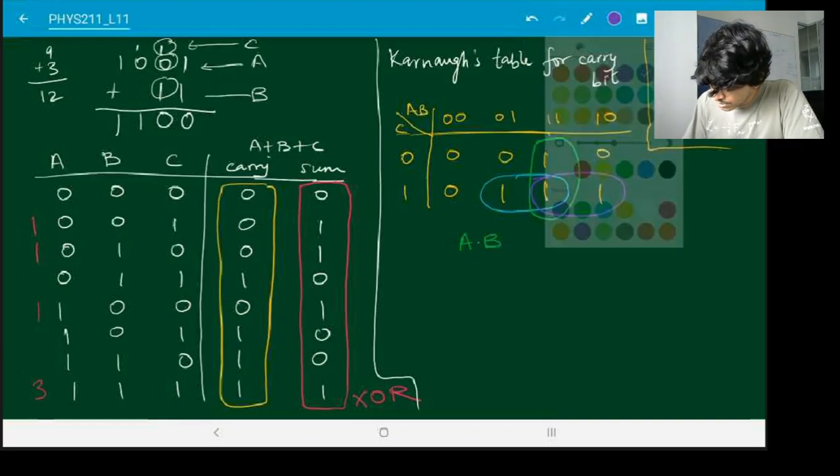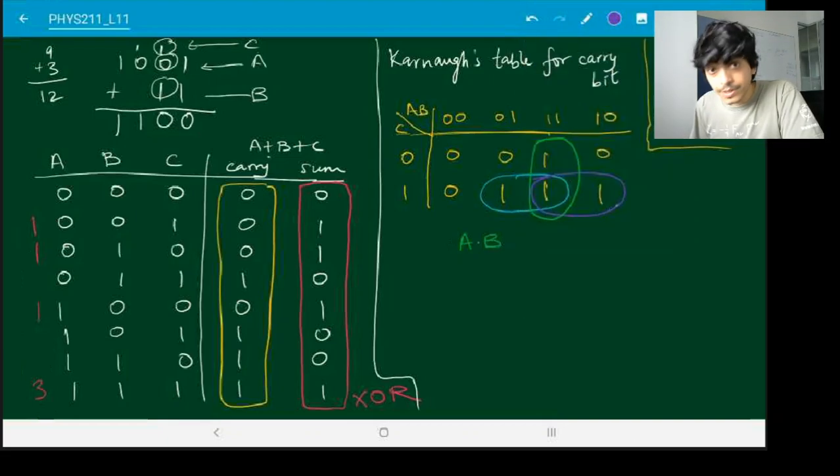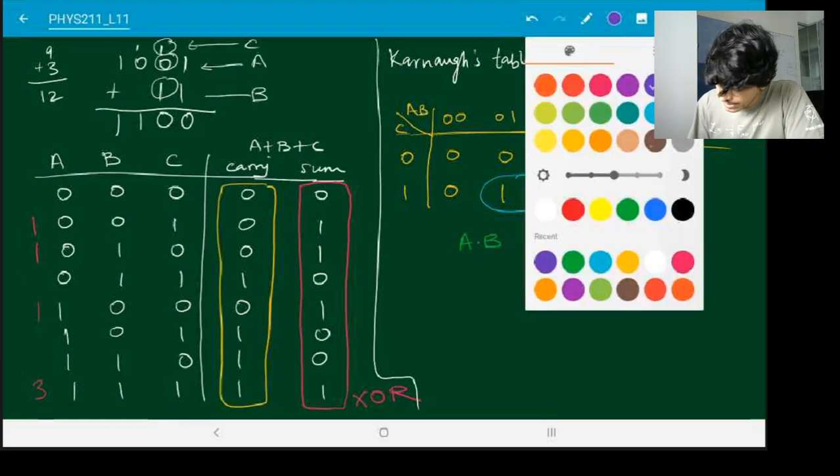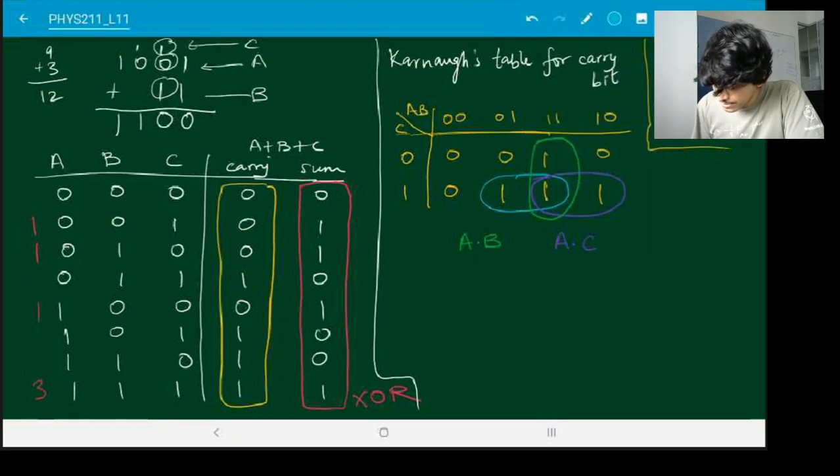What about the purple ellipse that I have drawn over here? This one. Over here you will see C has to be equal to 1 and A has to be equal to 1. B doesn't matter. So this one is given by A and C. And then let's look at this cyan ellipse.